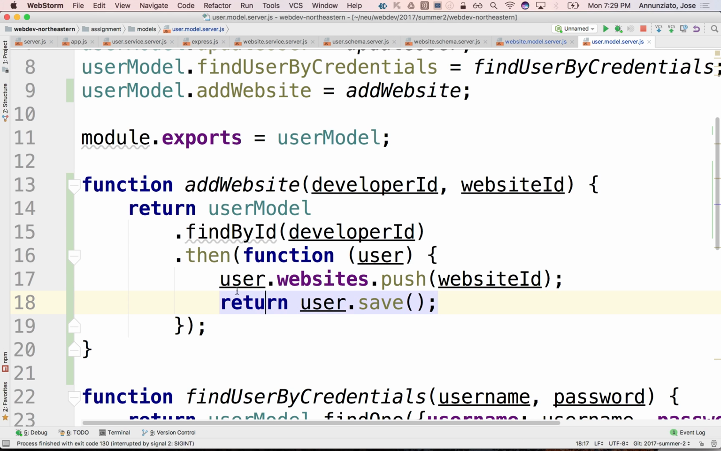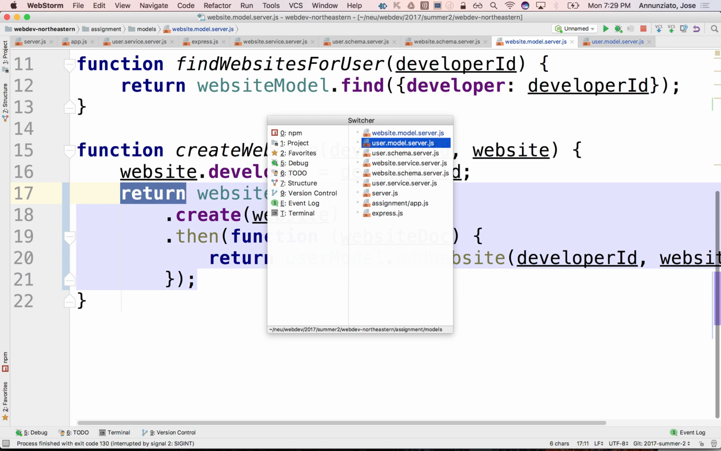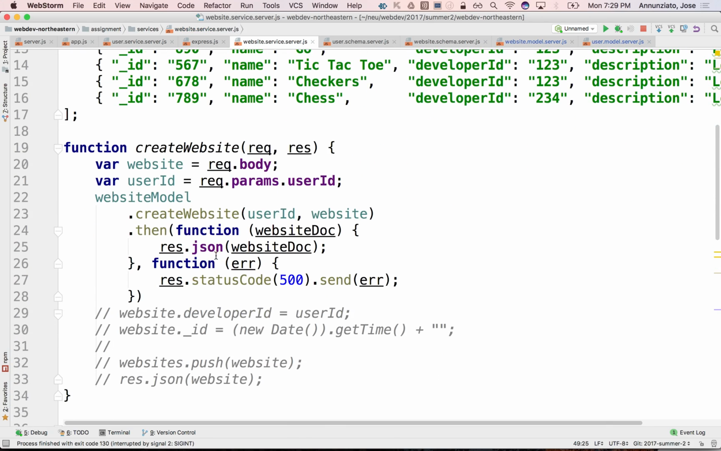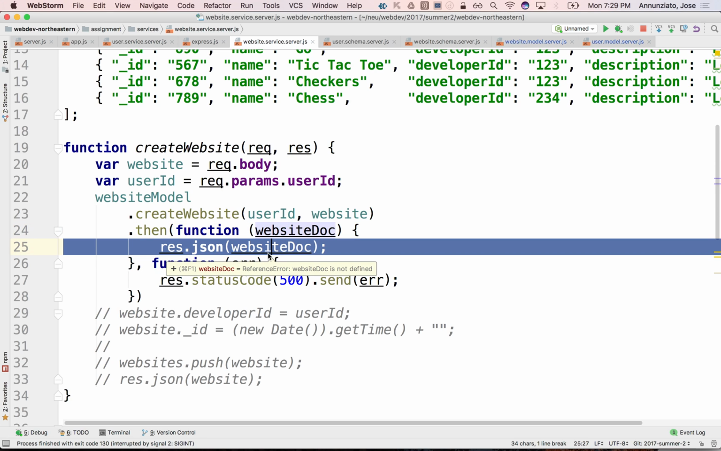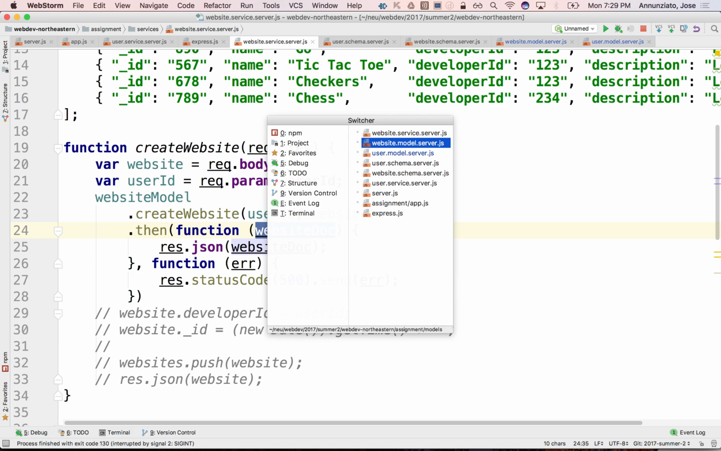So that bubbles up to this promise here. That bubbles up to this promise here. Goes back up here. Goes back to the service in the create website. And what we get in this then here is the user, not the website document. See that? It's a very, very good observation. So to change this so that it works as expected,